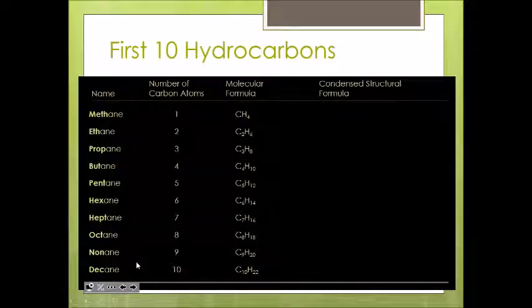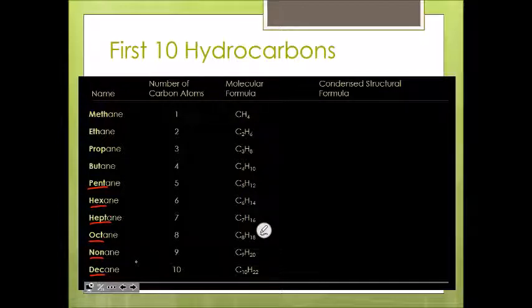All right, here is our nice chart that goes through the first 10 of the carbons. And we're only going to go up to 10. We're not going to go farther than 10 with this because it'll get too complicated too quickly. What you'll notice at carbon 5, the prefixes are the same. We have pent, hex, hept, oct, non, deca. Those ones are all the same prefixes that you're used to, the ones that we did in the covalent naming.